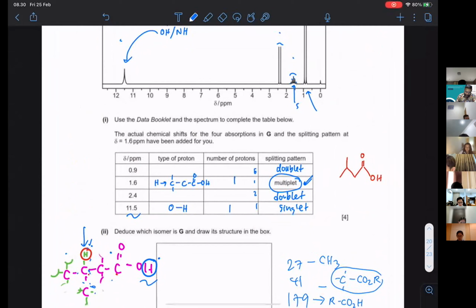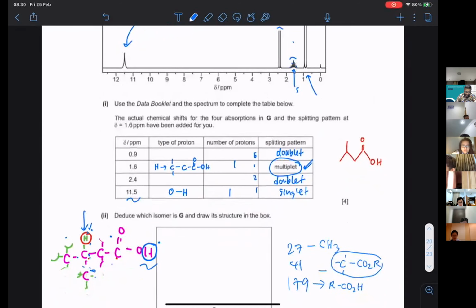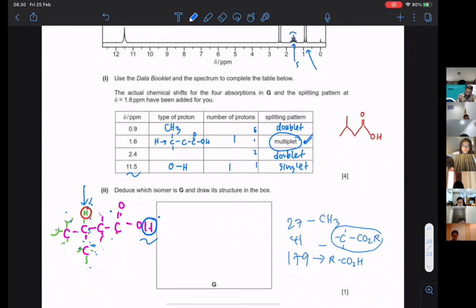There's only one. If this one is that, then the other one, the 0.9, must be the CH3 group. We already know that is the CH3 group. How many CH3 groups do you have? There are 6 hydrogens. And then the 2.4, no need to worry, only this, so 2 hydrogens. Type of proton: the proton is the one that is attached to